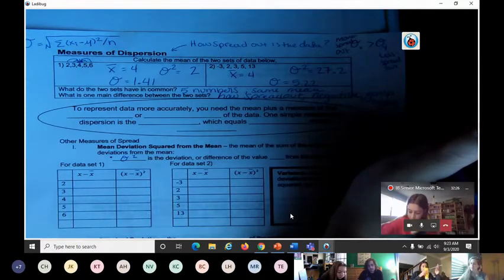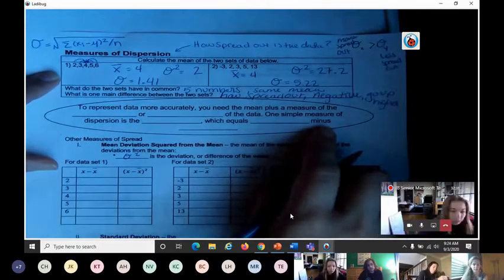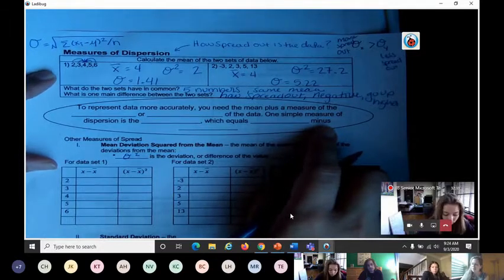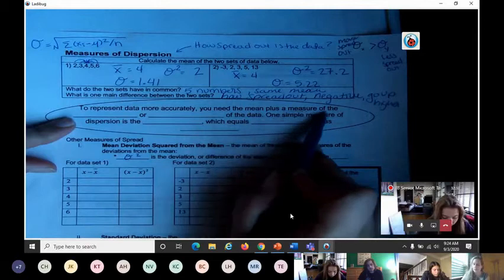Okay. So let's go through this, and then we'll come back up to this because I did a really terrible job explaining that. So it says to represent the data more accurately, you need the mean plus a measure of